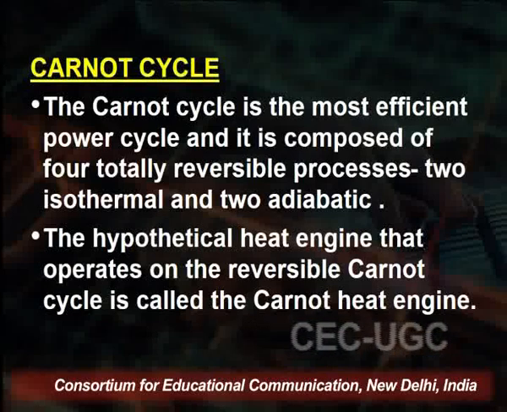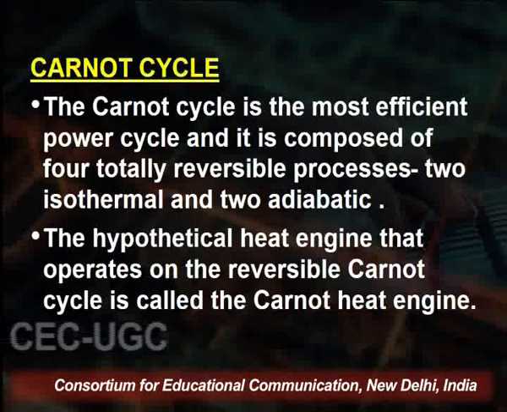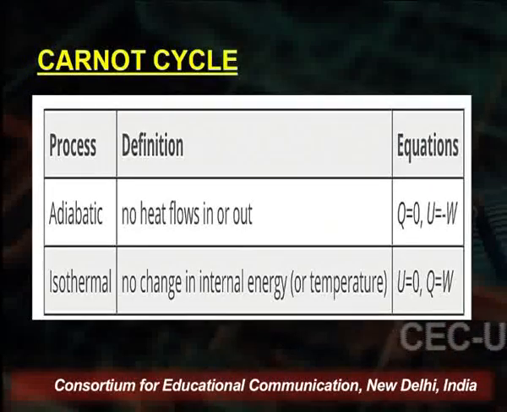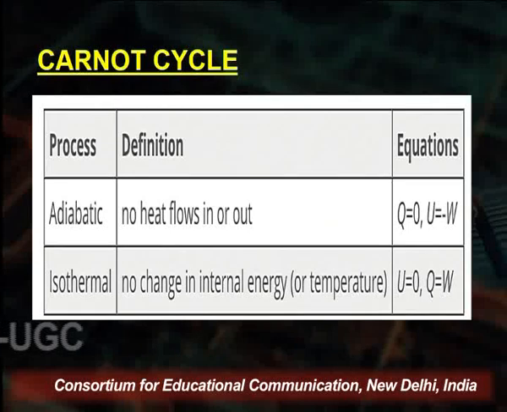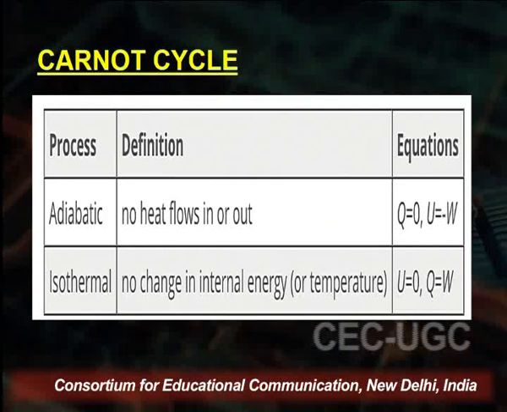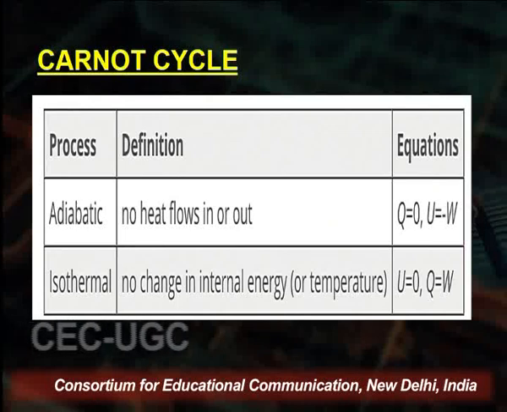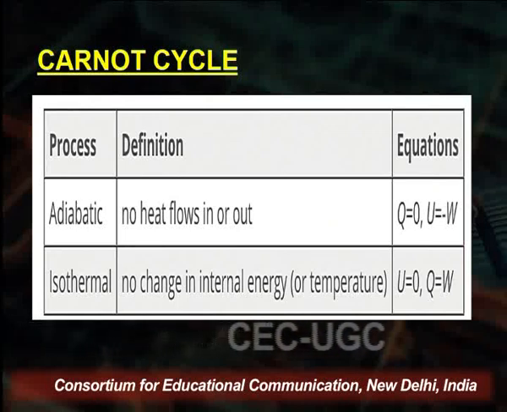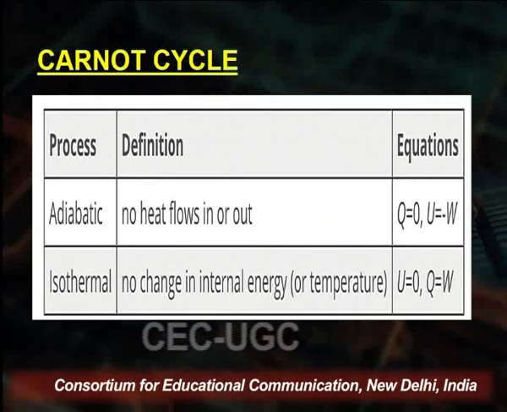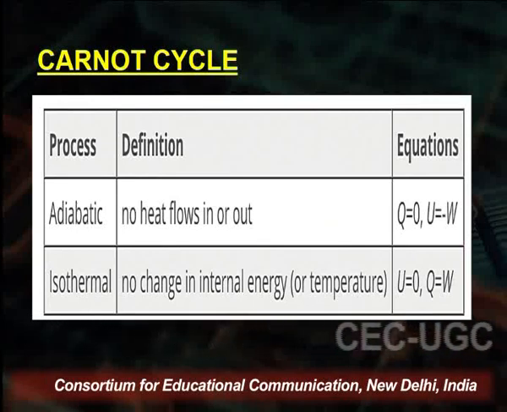The hypothetical heat engine that operates on the reversible Carnot cycle is called the Carnot heat engine. Let me first tell you what are the two processes that take place in the Carnot cycle. The first process is the adiabatic process. What is actually happening in the adiabatic process? During this process, no heat flows into the system and no heat can flow outside the system. From the first law, this means that Q is equal to 0 and ΔU is equal to minus W,